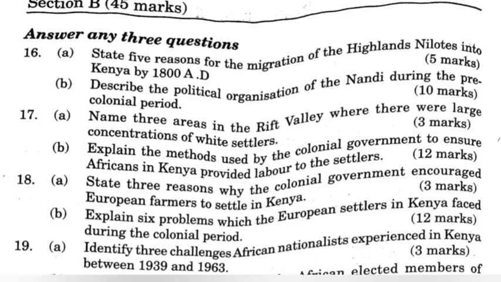3. The colonial authorities alienated African land and gave it to European settlers. This led to landlessness among the Africans. Landless Africans were consequently compelled by necessity to look for employment. 4. The colonial authorities also made sure that the Africans were left with land that was not fertile. They could not survive on such land.